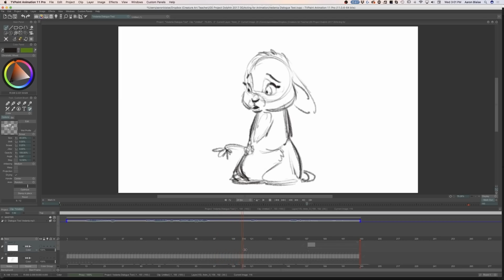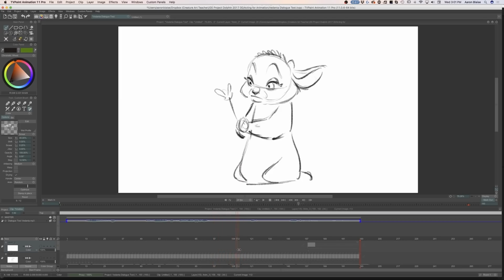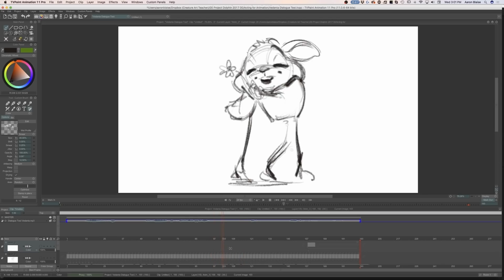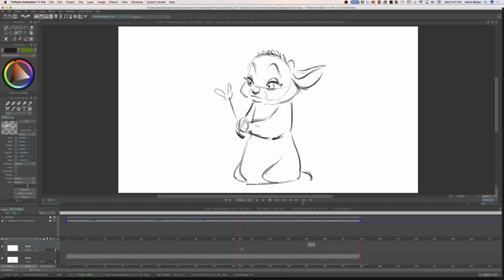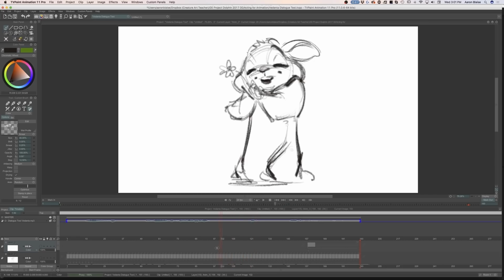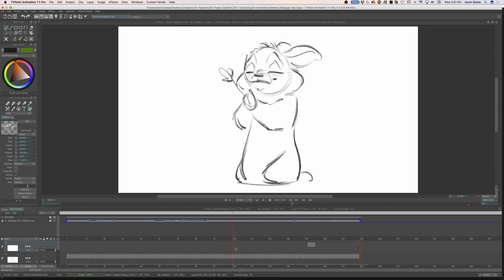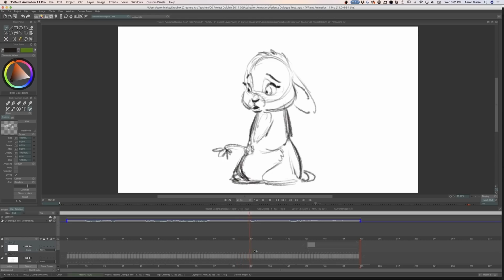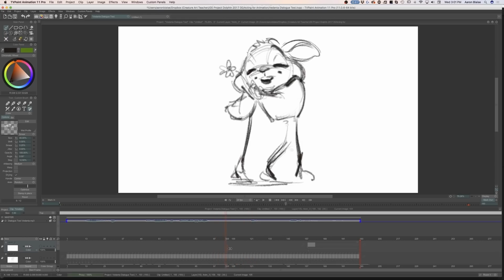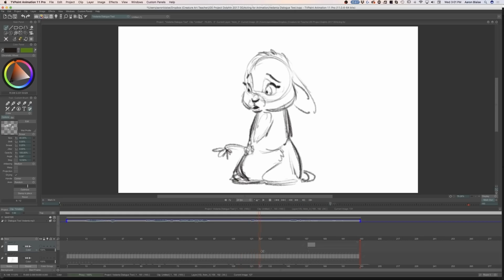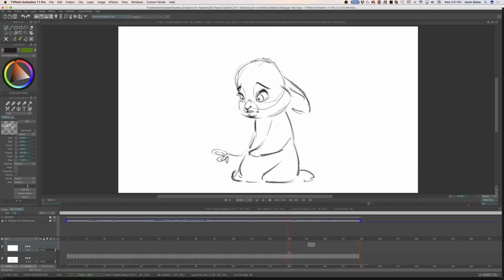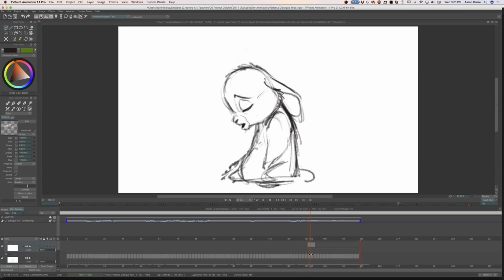And once again, I want you to focus not just on the animation that I'm doing, but look at the way that I'm doing it. I'm just scribbling this out really fast. I'm not worrying about making beautiful drawings at this point. I'm trying to find that naturalistic movement from attitude to attitude. Look at the drag on the ears. The ears reverse in their arc, and then they drop down and settle into place. And then from there, she just turns and slumps.